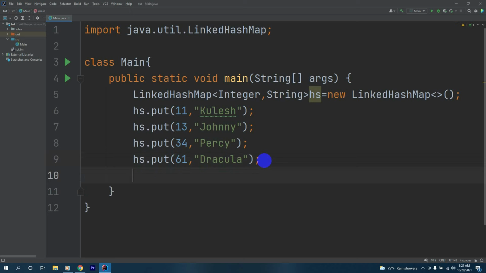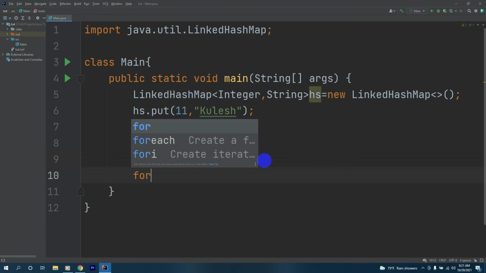Okay, now after this let's have a for loop.